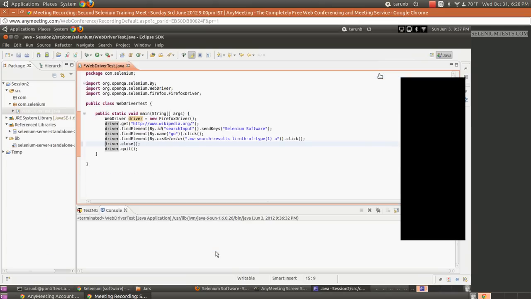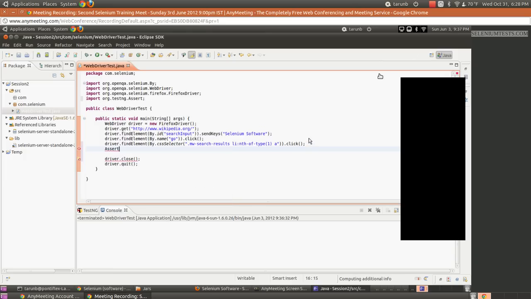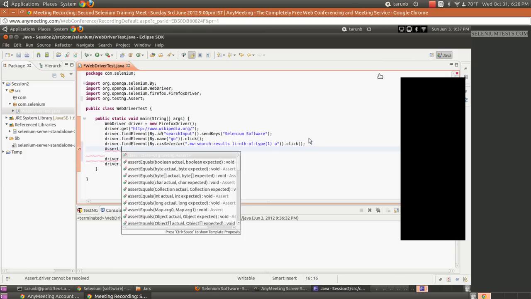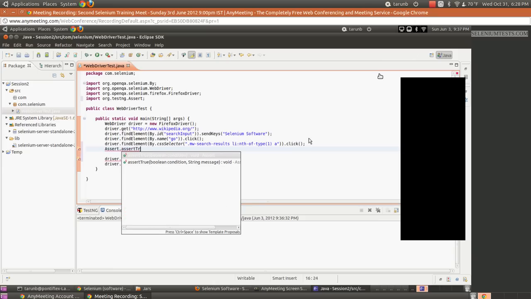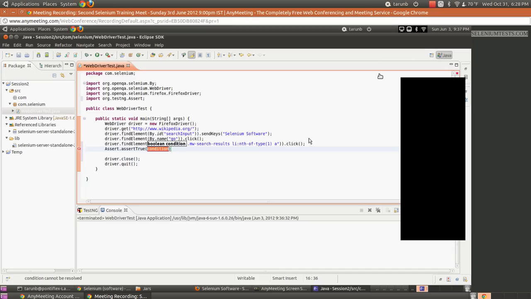So how do we do that? Before closing it, we'll keep a check here. There are a couple of assertion methods, so we'll use one of the assert methods. Assert true, and then we have to give a boolean condition here.